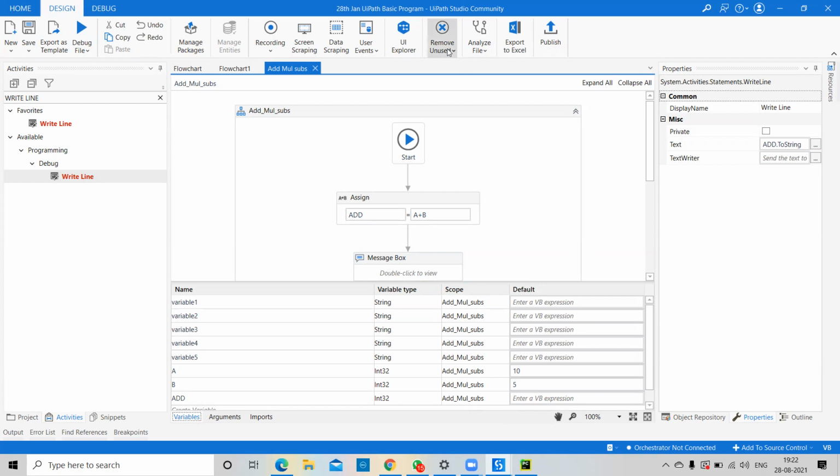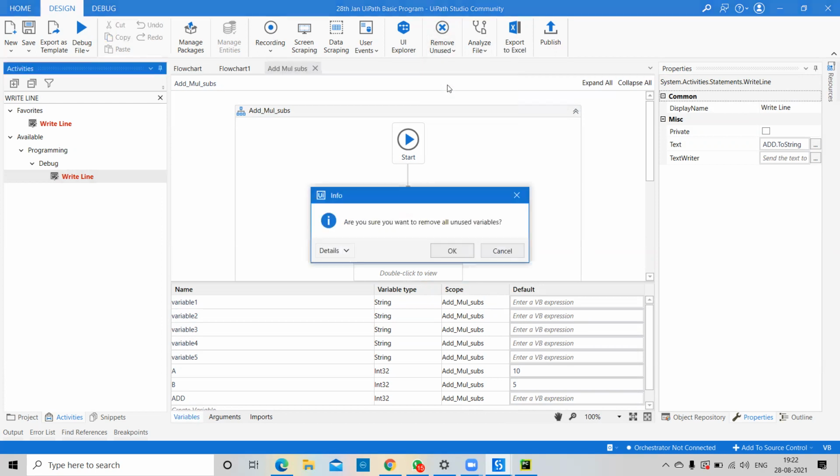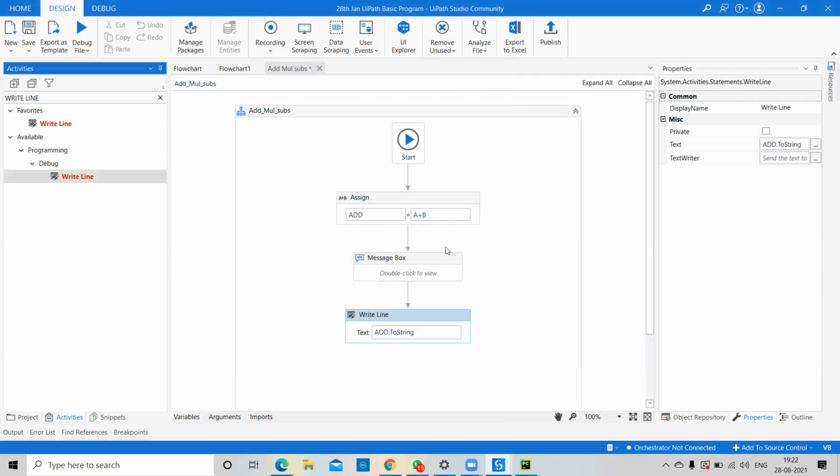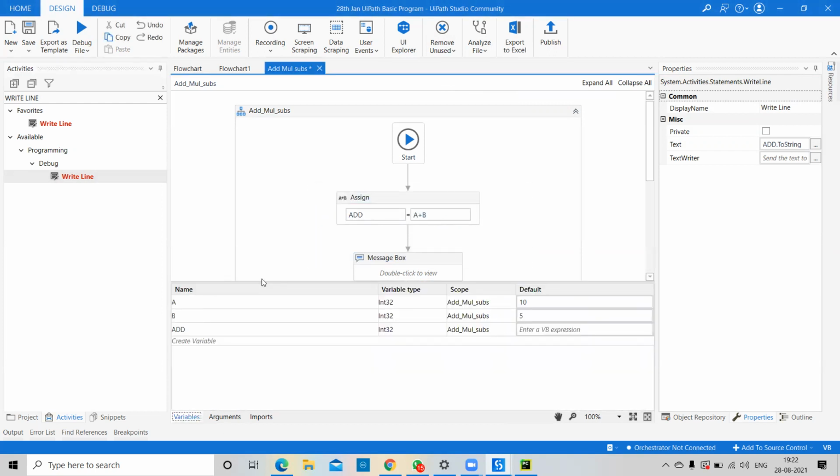There is an option, Remove Unused. Automatically, if you click on Variables, so you can see here. Okay. So what happened, you can see here that already we have removed all the unused ones. This is a very good feature they have given in the 2020 version. If you are working in any project and have already created multiple variables, sometimes you create a new variable, sometimes an old variable. But whatever variable is required, only use that variable, otherwise UiPath automatically deletes it.